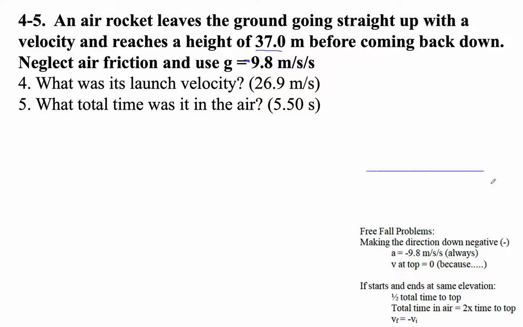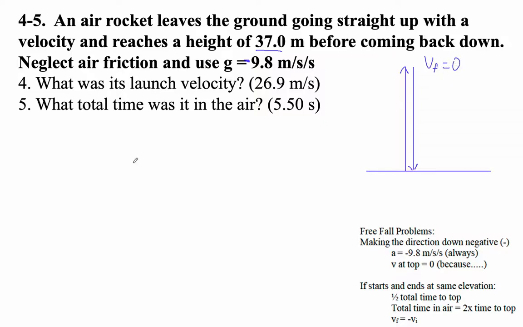So let's draw a picture of this. Here's this rocket. It goes up, right? Goes down. Remember, it's going to spend half the time going up, half the time going down. Total time in the air is 2 times the time to the top. Final velocity is negative the initial. All these little clues, right? Velocity at the top